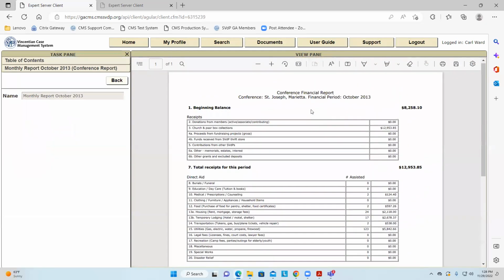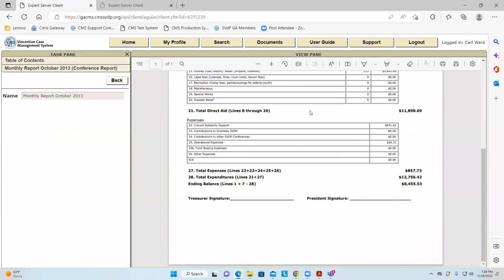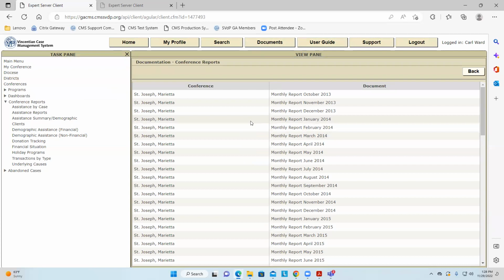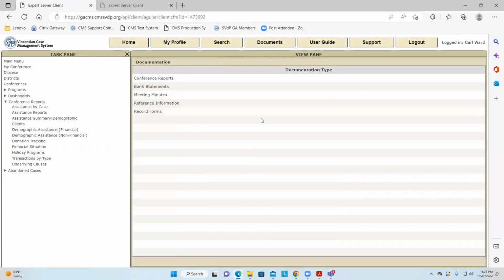They could always see it. The MFR. So that's a way for all conference members to see it. I know at our conference meetings, once a month, our treasurer will hand them out and we'll go over the financials and that sort of thing. So if you don't want to work with paper, all you have to do is tell your conference members to go to documents and they can review the conference report anytime.